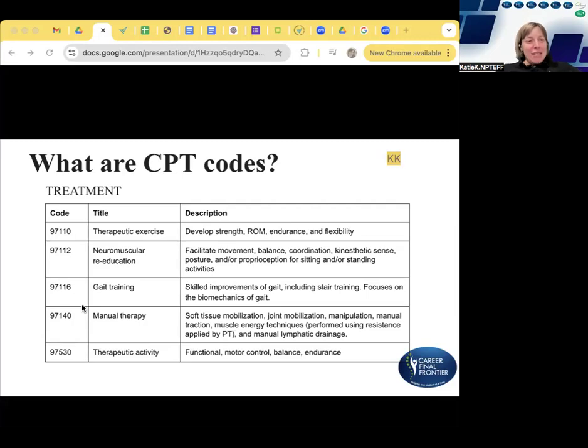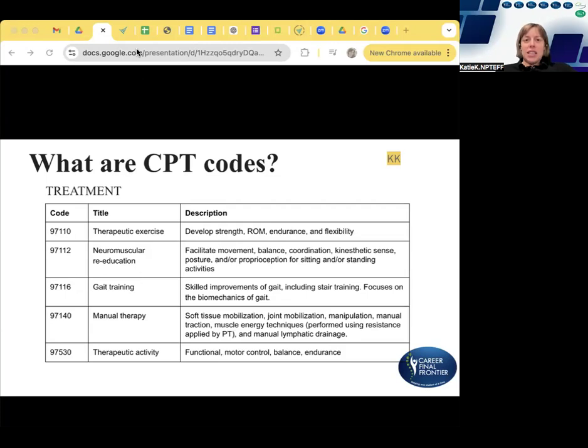Okay, so what are CPT codes? What are these infamous things that we keep talking about that basically determine everything, from what you're doing with the patients to how we get paid? The technical definition of CPT code is current procedural terminology. There are five different codes that identify different medical procedures or services that we do. Everyone in the medical field has this. This is how things are billed.